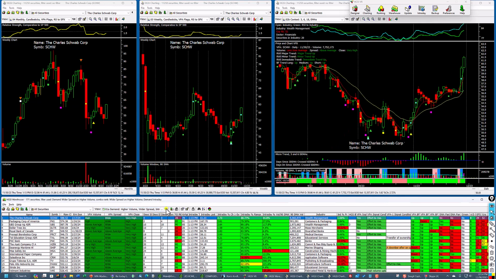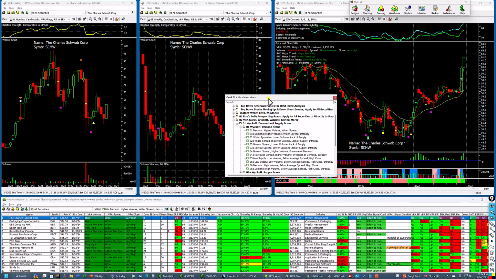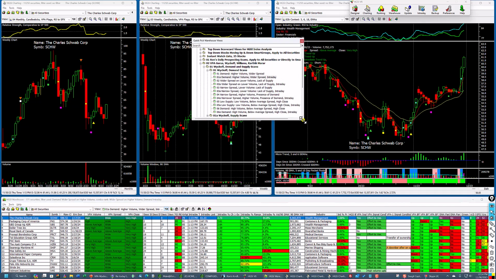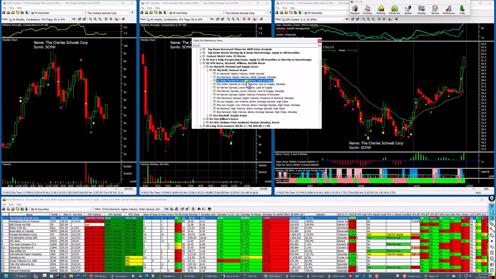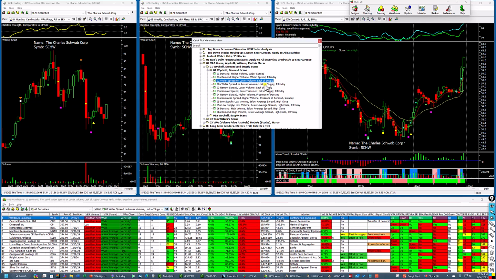I'm not going to go into depth over all of these because I don't want these videos getting too long. You can experiment with these, but this is my primary scan: demand, higher volume, wider spread. Wider spread on lower volume, which means lack of supply. Now, Anna Coulling in her book says that volume always has to match what the price is doing, but I disagree with that